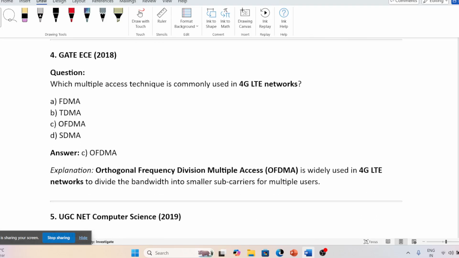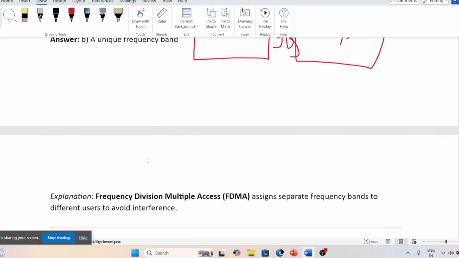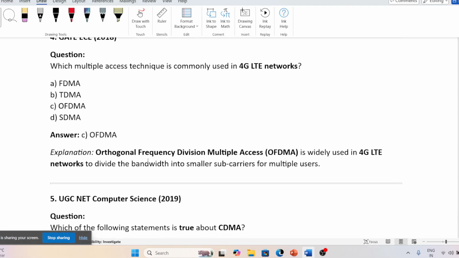Then which multiple access technique is used in 4G? 4G के अंदर कौन सी टेक्नोलॉजी यूज की जाती है? In 2G, 2G में हमने देखा था टाइम डिवीजन मल्टीपल एक्सेस यूज किया जा रहा है in our GSM network. Now we are having the 4G, इसका भी मेरे को इतना आइडिया नहीं है। In multiple access technique 4G LTE network, so we are using OFDMA में, ऑर्थोगोनल फ्रीक्वेंसी डिवीजन मल्टीपल एक्सेस, ठीक है।